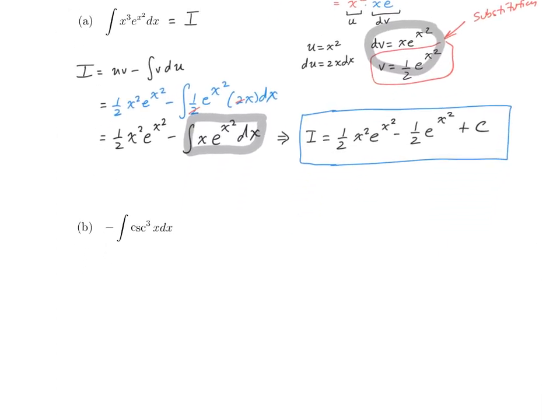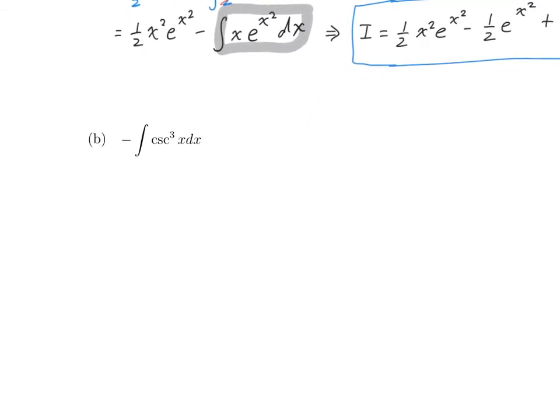All right, let's go to part B. In this problem, you will find out too that you can only do this problem by using integration by parts. So first thing, just call all of these equal to I, and notice that I has the minus sign, just don't forget that. Again, we're going to rewrite